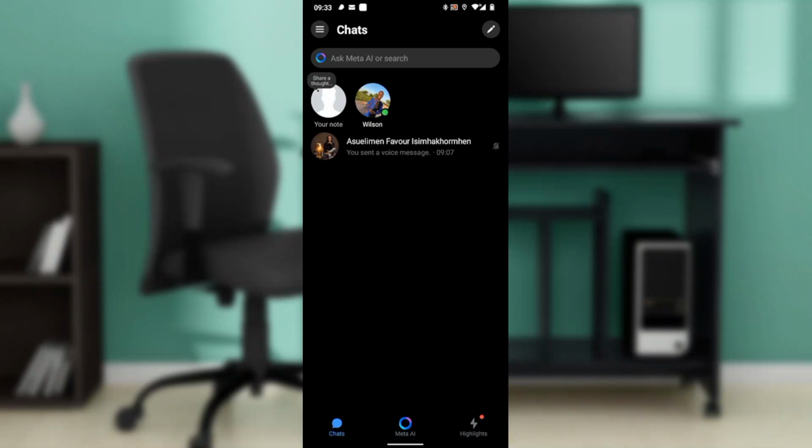Hello, in this tutorial, I'll show you how to reset Facebook Messenger password. The first thing I'd like you to do is to launch your Messenger app, which of course I've done right here. All right, from this home screen, head over to the top left corner of your screen where you have